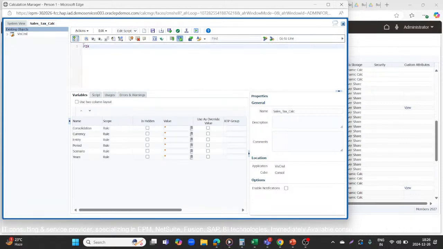so fix your dimensions. That is, first I'll fix my movement dimension, which is nothing but, start with double inverted quotes, FCCS underscore no movement, comma, FCCS underscore data input, comma, that is, I'm fixing my movement dimension, my data source dimension, and view, which is nothing but periodic,